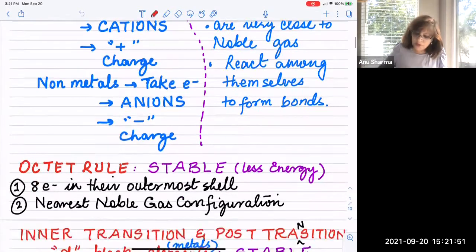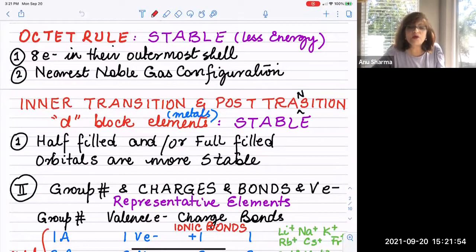Okay, so what is the rule that defines whether an atom is going to lose electrons, gain electrons, form an ionic bond by the transfer of electrons, or form covalent bonds also by the sharing of electrons? That is the octet rule. Octet rule is 8 electrons in the last shell. The last shell is called the valence shell. The whole idea is to get 8 electrons in the last shell, either by gaining, losing,